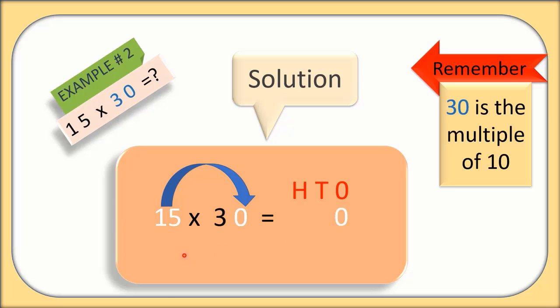And then in second step you have to multiply 15 by 3. As you have read about how to multiply 2-digit number by 1-digit number. So when you will multiply 15 by 3 in second step, what answer you will get? 15 3s are 45. And in 45 you have to put 5 at 10's place and 4 at 100 place. So when you will multiply 15 by 30 you will get the answer 450. Okay, is it clear?